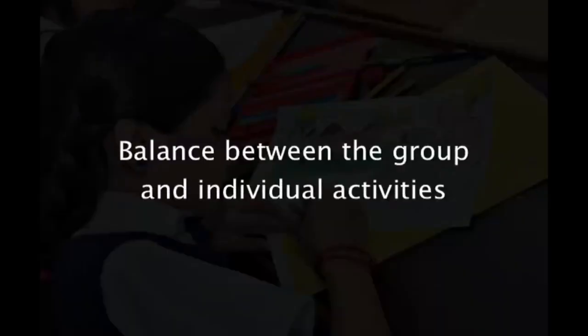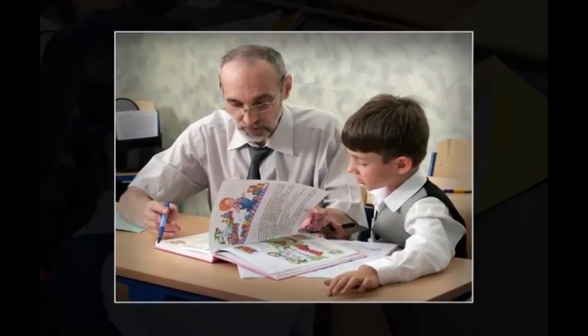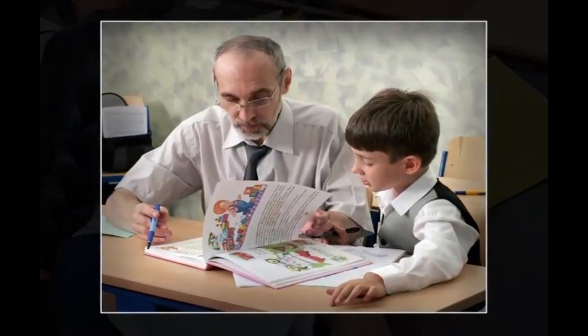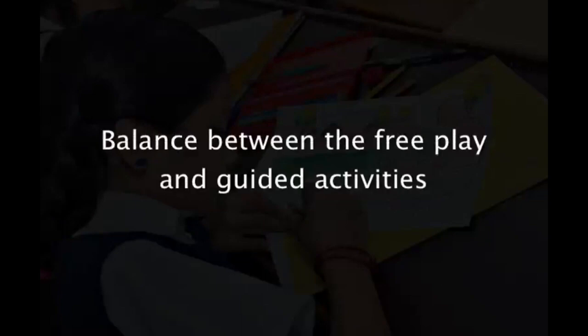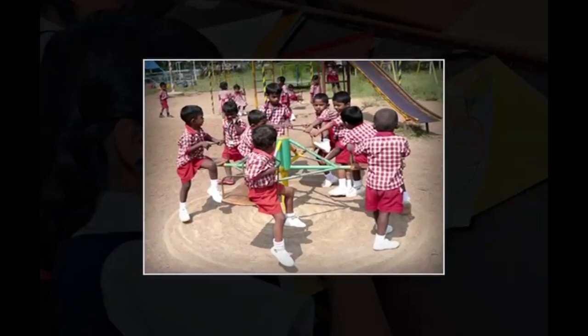And the next important characteristic is balance between the group and individual activities. The teacher should make sure that each child gets opportunities for individual work as well as group work. Then the balance between the free play and guided activities. Each day for a certain amount of time, the children should be allowed to play on their own. It gives an opportunity to explore, investigate and to find out what are the different possibilities of using different types of play material. The guided activities are teacher initiated, where the planning is done by the teacher before presenting them